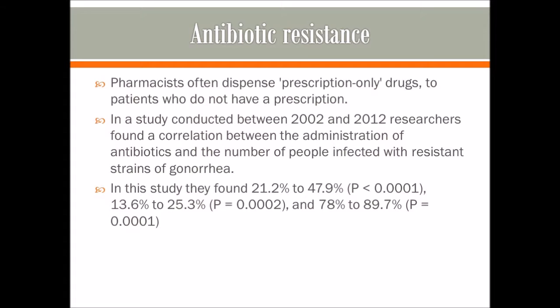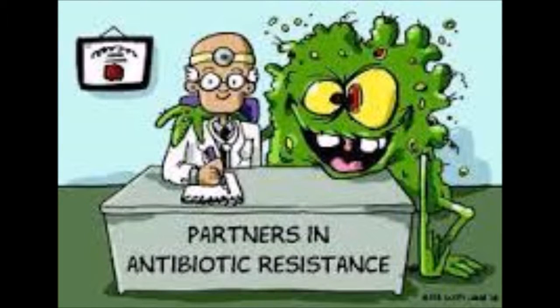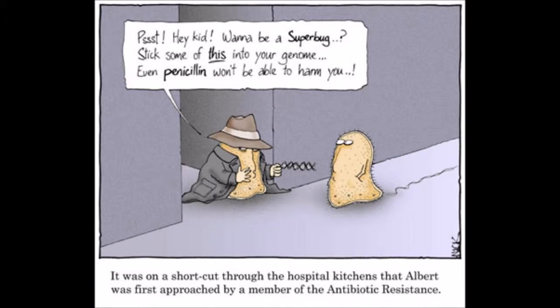This study found that there was nearly a twofold increase in antibiotic-resistant strains of gonorrhea between the years of 2002 and 2012. There are many different causes as to why the antibiotic-resistant strains are beginning to increase. Many scientists now say that overuse and overprescribing antibiotics is what is causing these superbugs to grow in number. Antibiotic resistance is a larger issue, and the CDC and the World Health Organization have considered it to be a crisis. The overuse of broad-spectrum antibiotics has caused many strains in both hospital and community settings to become resistant. Overuse and overprescription of antibiotics is developing in countries like India and China.